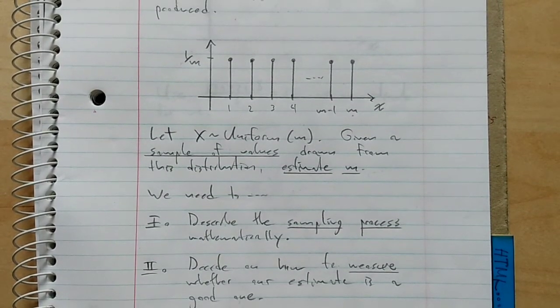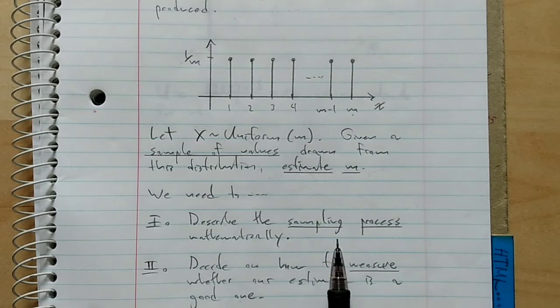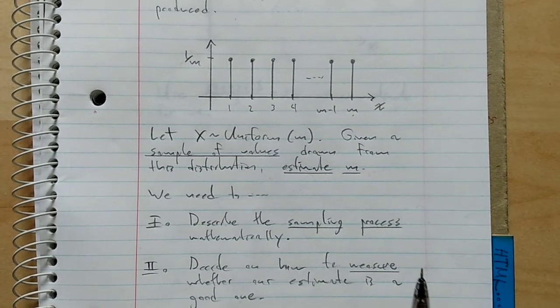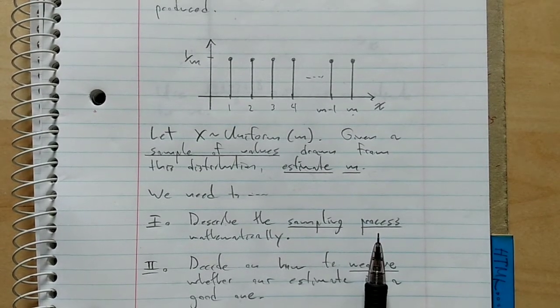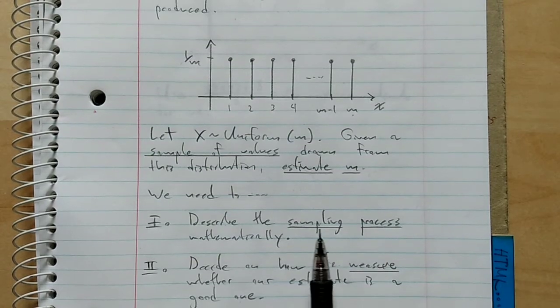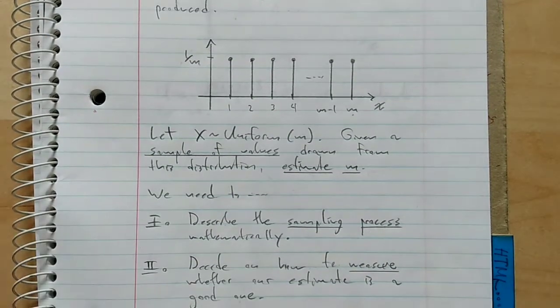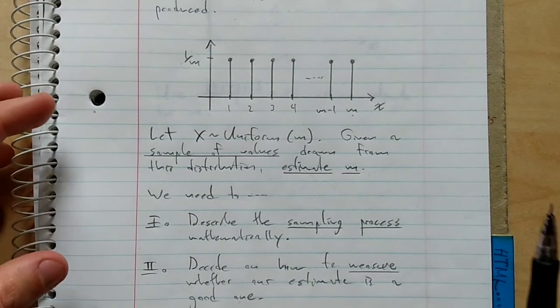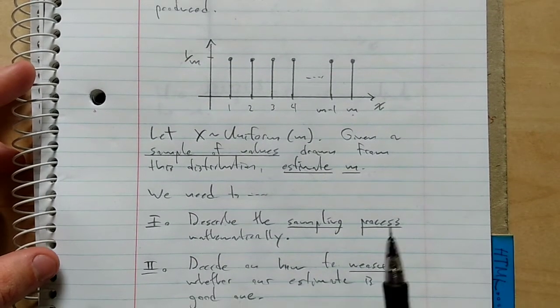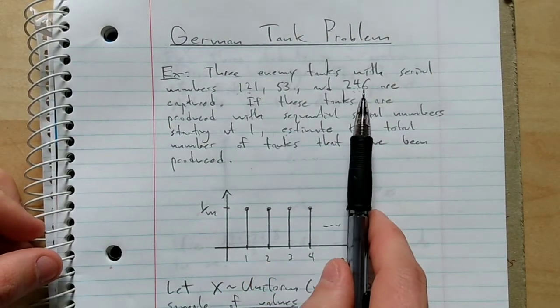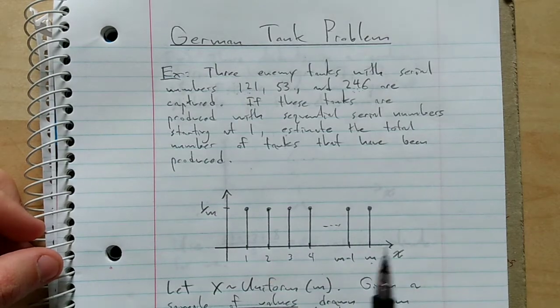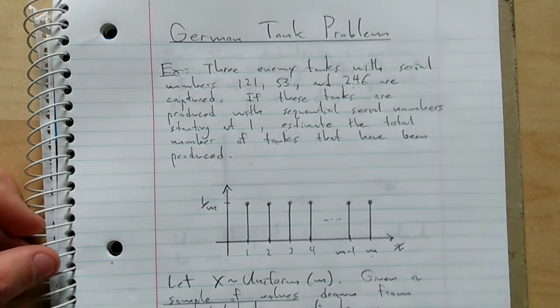And polling firms and places like 538, 538 is a site that does political predictions as well as many other predictions. Their industry is this. It's having really good models of the sampling process and being able to oftentimes themselves do a sampling process. They do the sampling, and really knowing a lot about the details of where these numbers came from and how far from being random numbers from this distribution they are. All right, anyway,